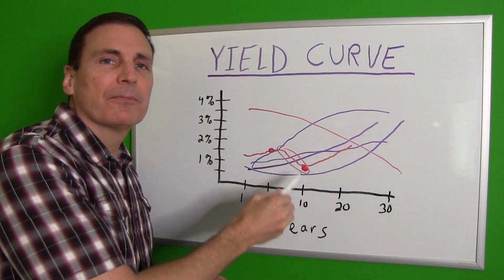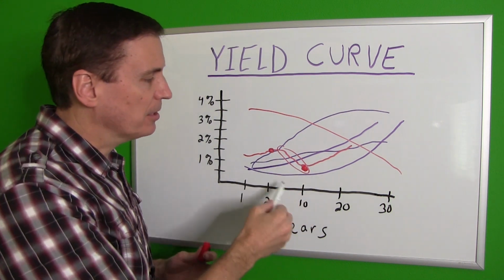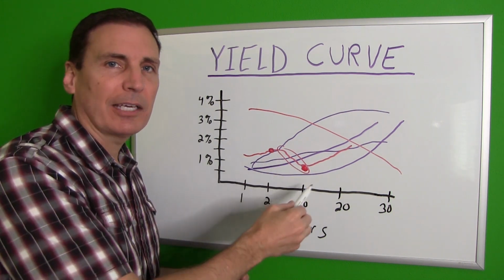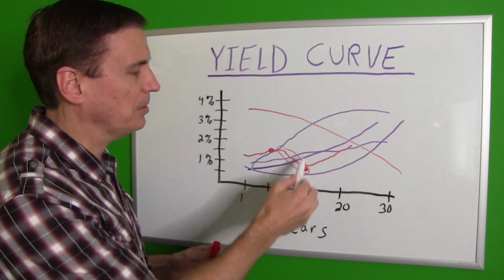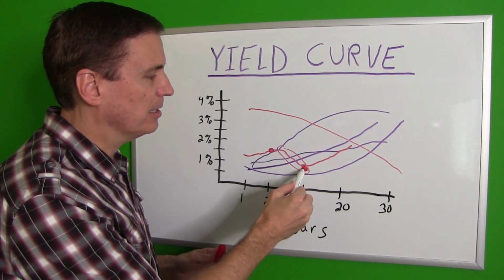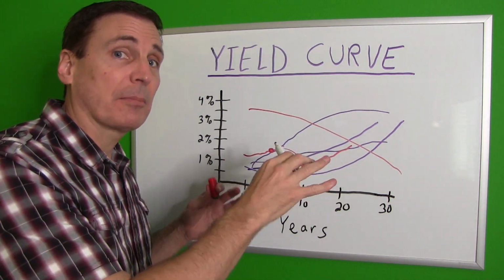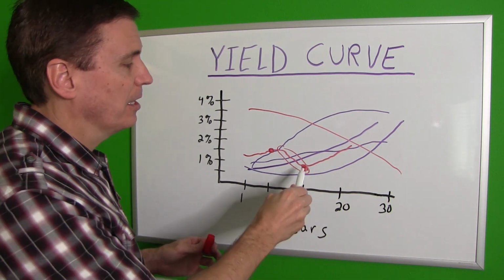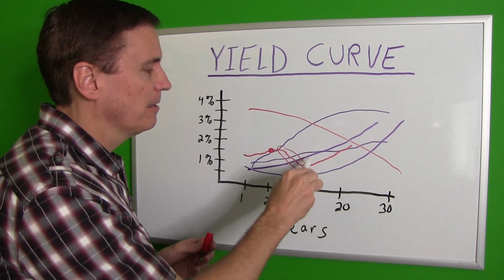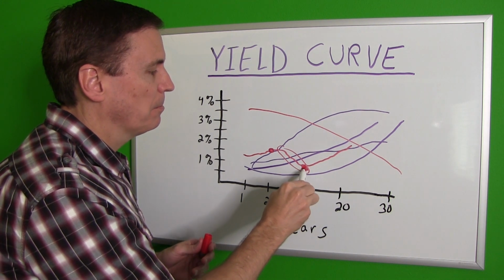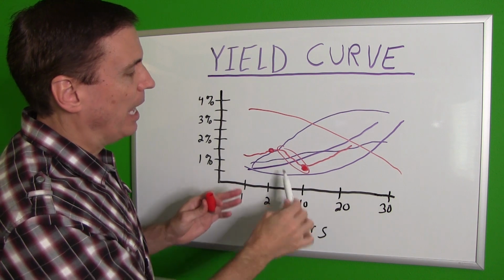Now this may be inverted for a short amount of time. It might just be a few days or a few weeks, but a prolonged amount of time when this inversion occurs, that could be a harbinger of something worse, like the economy is getting worse because people are fleeing to these bonds. They're locking in this rate because they think the economy is going down, or they think the stock market's going down and the economy is getting worse. They're going to lock in these returns. Money is flowing out of the stock market into bonds, and people are snatching up these bonds right here for safety, and that's making the inversion happen.